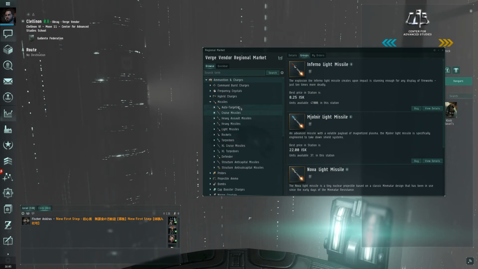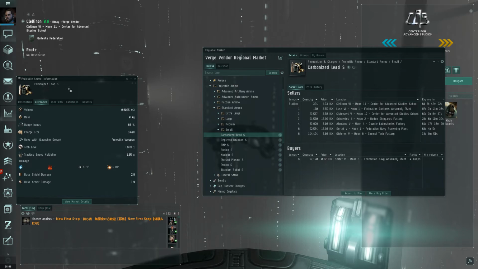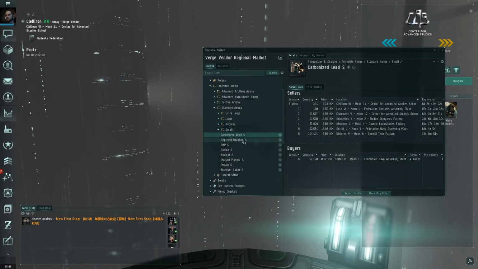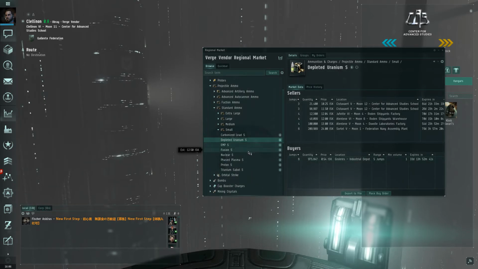And projectile ammunition here kind of covers both ends, where it covers a whole damage spectrum and range spectrum, and each one of these does a different type of damage. So for example, this carbonized lead does kinetic and explosive. You go down to depleted uranium, it does thermal and kinetic. You go to, let's say, nuclear,